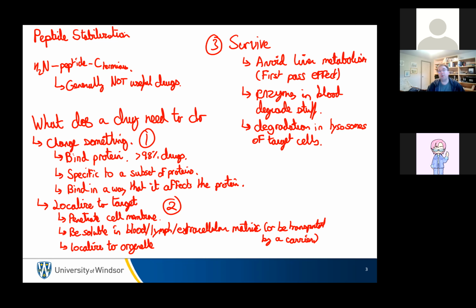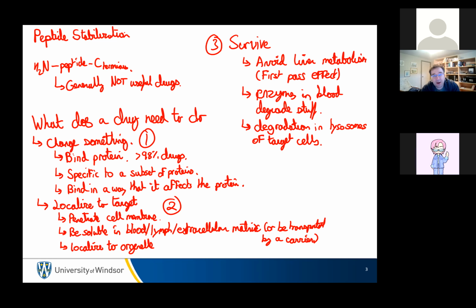And then we have the other problem, which is degradation in lysosomes of target cells. So, most drugs that work on surface receptors of cells are great because they don't need to get into the cell at all. It interacts with something on the surface. It's wonderful. But any drug that